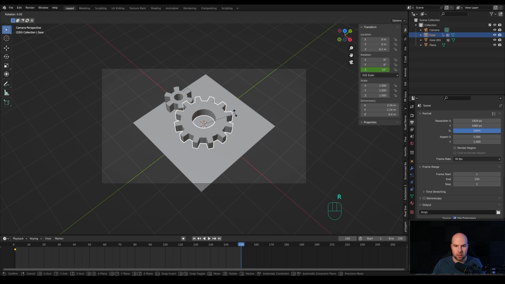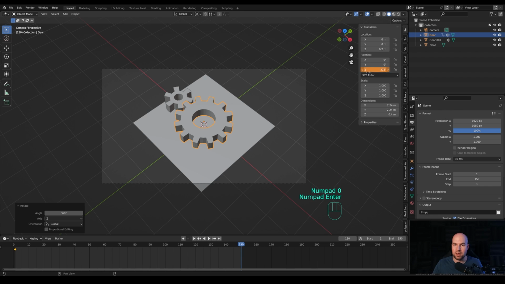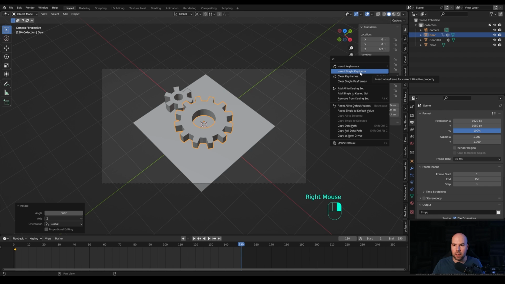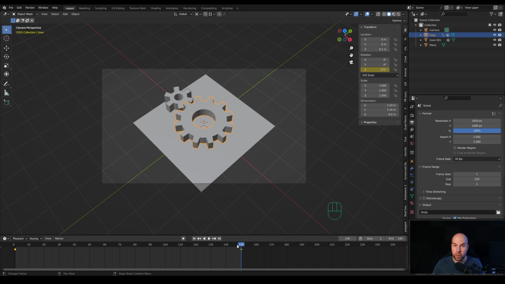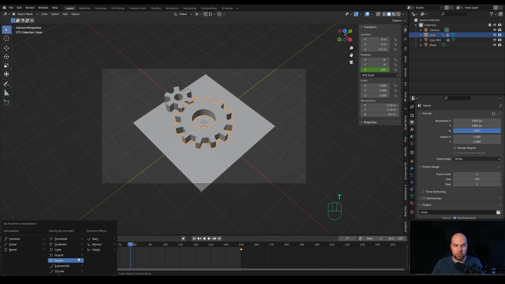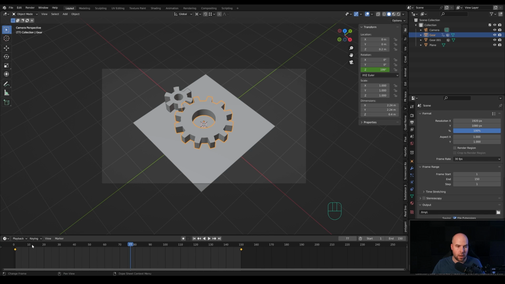And let's press R, then Z and 360 on the keyboard. Let's confirm. And you can see this keyframe changed. So right click and insert single keyframe. So now we have 2 keyframes. And when you scrub through the timeline, you can see it rotating. But when you play it back, you can see it accelerating. And to make this animation looping, we need a linear interpolation. So let's hover over the timeline and we can press T and select different interpolation for our keyframes. And instead of Bezier, which is right now, we'll choose linear. So now it will turn at a constant speed.